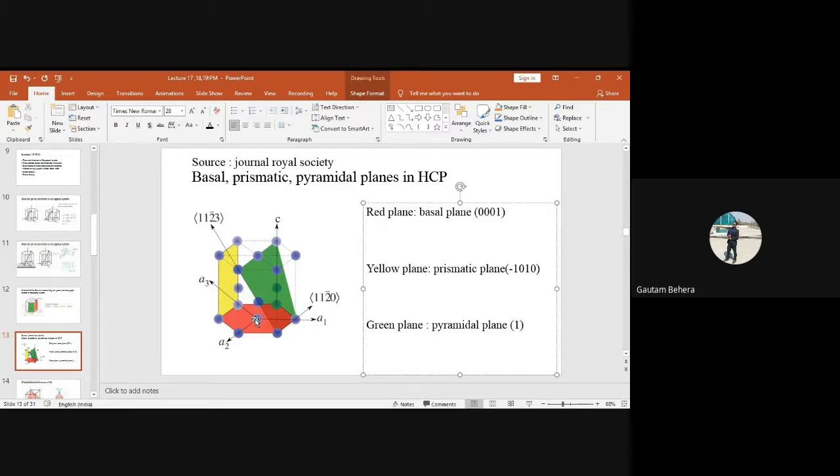Then next, what about A2? For A2, it will be 0. Very good. 0, because you can see this A2 direction and this plane are parallel. They will not intersect; they will intersect at infinite distance. So it will be 0. And what about A3? 1 bar, very good. I'm writing -1 here, because this is the positive A3 direction and behind that is the negative A3 direction. So this plane is intersected by A3 at a -1 magnitude distance, so it will be -1 or 1 bar.